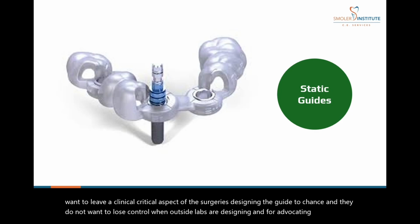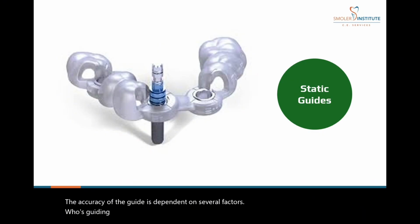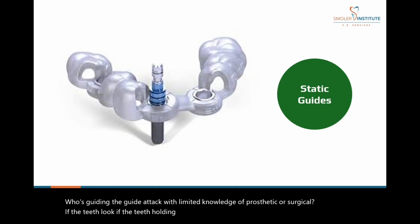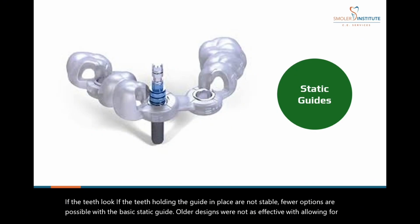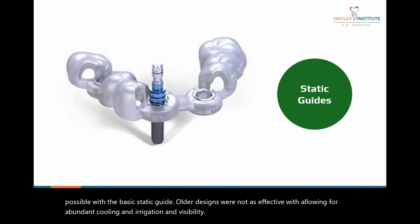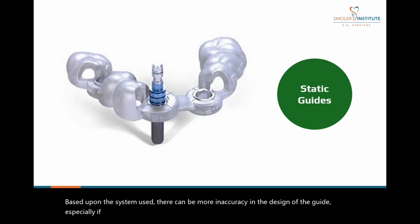The accuracy of the guide is dependent on several factors: who's designing the guide, a tech with limited knowledge of prosthetic or surgical protocol, or if the teeth holding the guide in place are not stable. Fewer options are possible with a basic static guide. Older designs were not as effective with allowing for abundant cooling, irrigation, and visibility. Based upon the system used, there can be more inaccuracy in the design of the guide, especially if you are doing immediate placement and you have to guess where you want the implant placed relative to adjacent